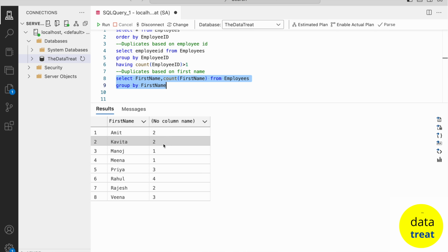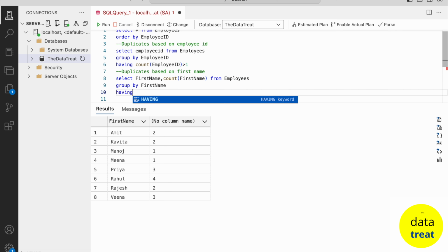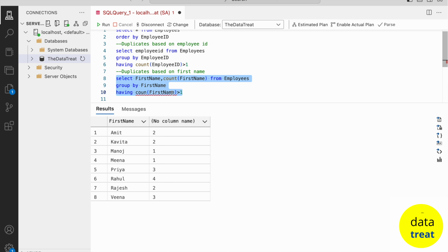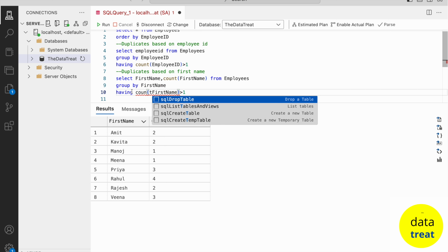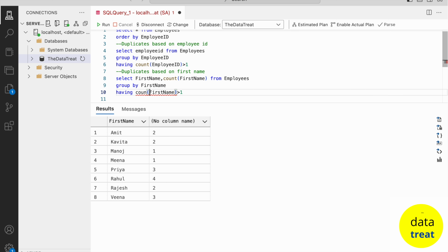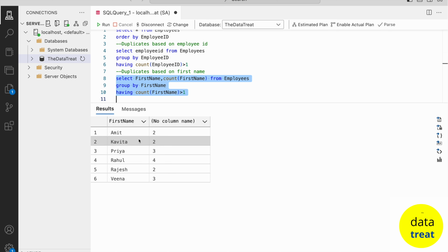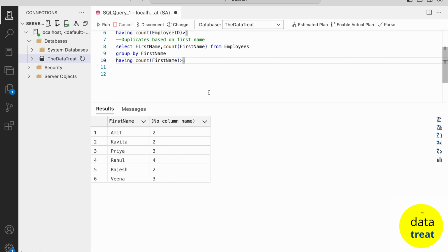So I've got the counts, right? So now I just need to say that I want only those counts which are greater than 1. Yeah, so I got the duplicates like in first name. So similarly for any column we can do like this. Moving ahead,